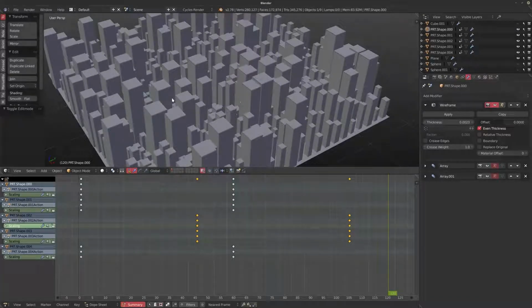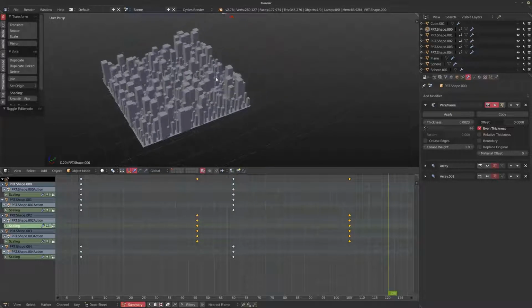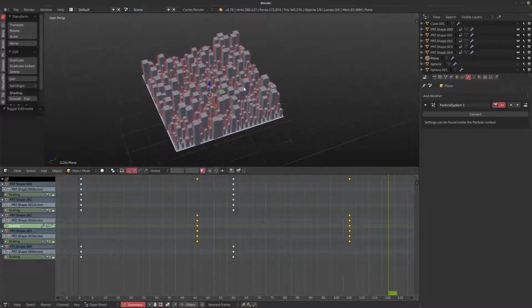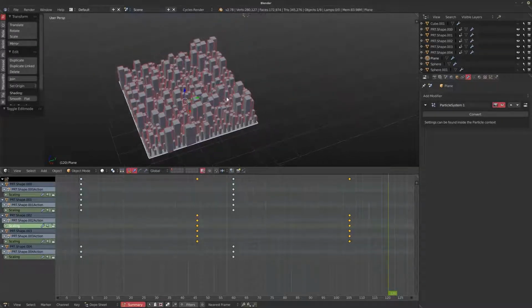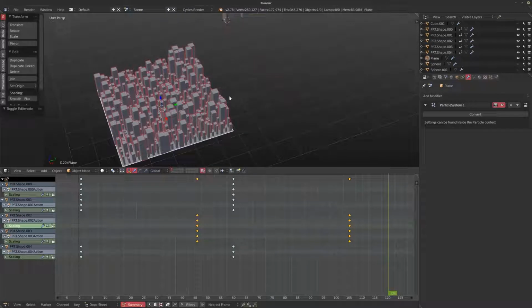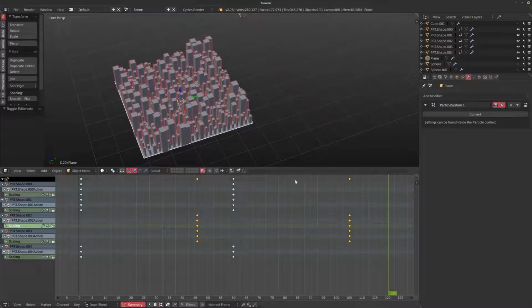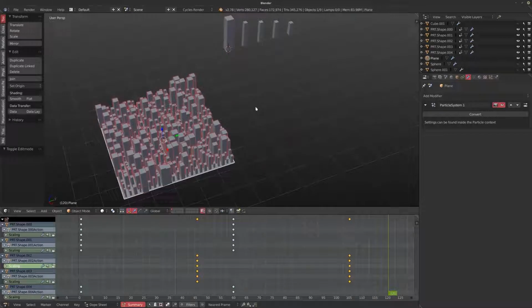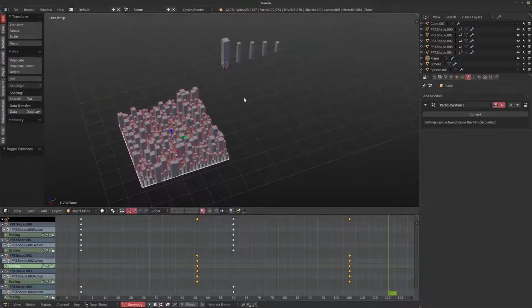So for this kind of UI stuff, just keep it as simple as possible and scatter stuff around with particle systems. And again, I encourage you to look at the final file to see all the stuff that I brought in, and you'll probably be surprised at how easy some of it is and how simple I kept it. So with this part done, I'd like to move on to the shading part,